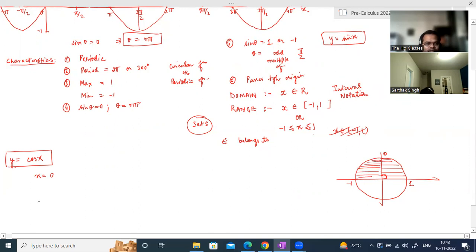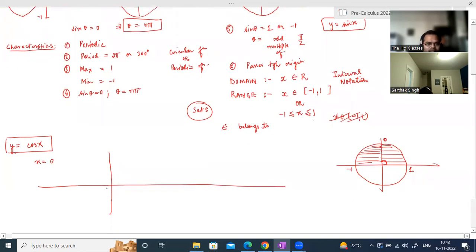So if I draw an axis like this, what will be the value at theta 0? 0 degrees, it'll be 1. We're starting from 1 because cos x is the horizontal coordinate. As we go to pi by 2, the value will become 0. So it will reduce from 1 to 0. And as we move further in the second quadrant, from pi by 2 to pi,